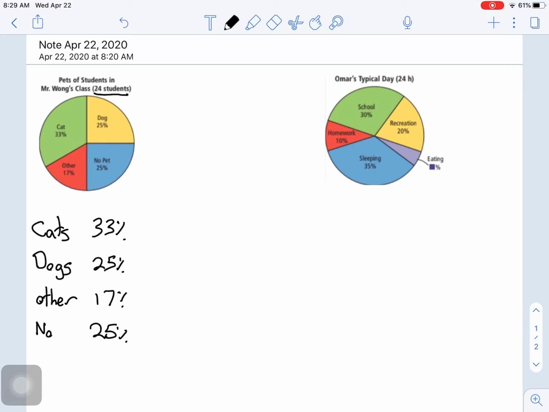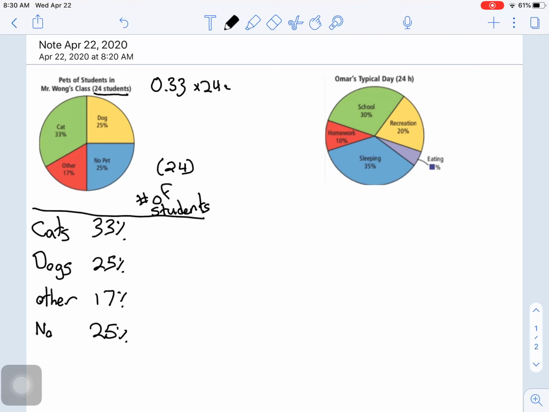But what if I wanted to know the number of students? Right? What if I wanted to figure out the number of students who own cats, dogs, other, or no pets? Well, we know that there are 24 students in this class. And if 33% of them own cats, we just have to find 33% of 24. So let's do that up here. 33% is 0.33 times 24,